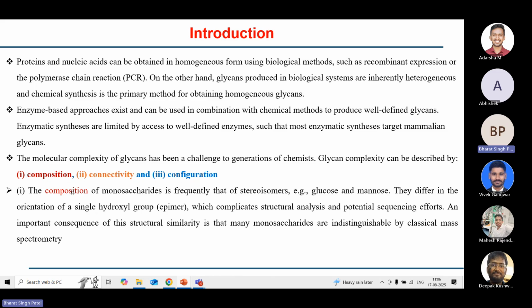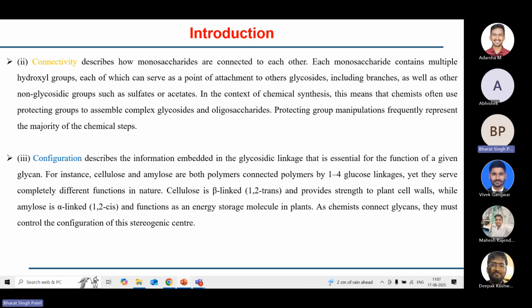The composition of the monosaccharide is nothing but the orientation of the hydroxy groups in the monosaccharide unit. For example, glucose and mannose are epimers, where just one hydroxy group differs from one sugar to the other. Changing just one hydroxy group completely changes the outcome. If one monosaccharide has a number of hydroxy groups, each hydroxy group has different reactivity,